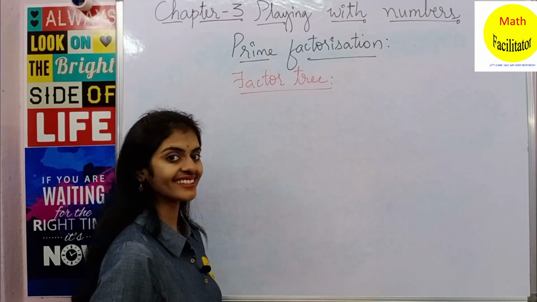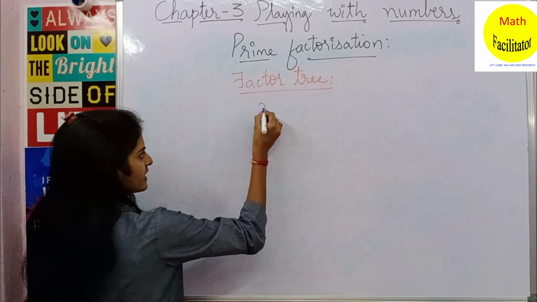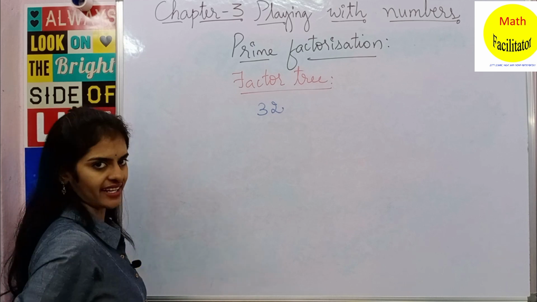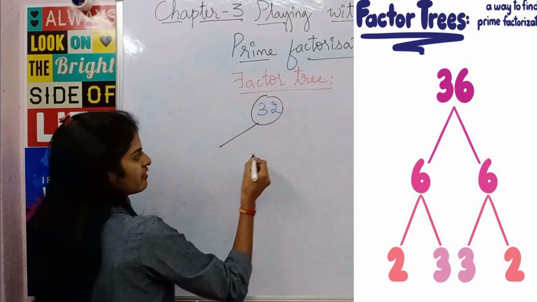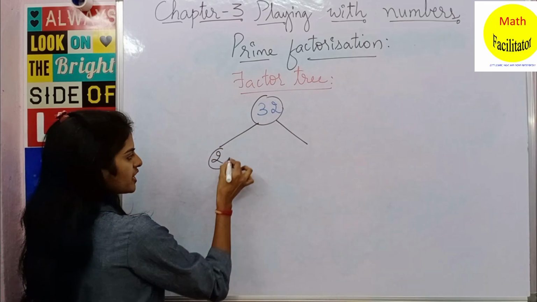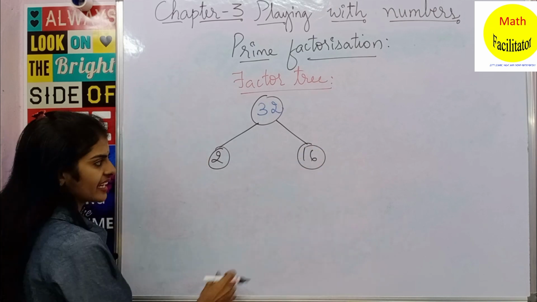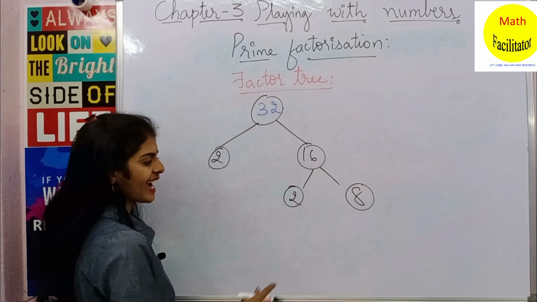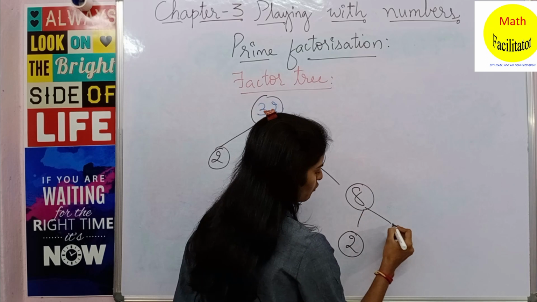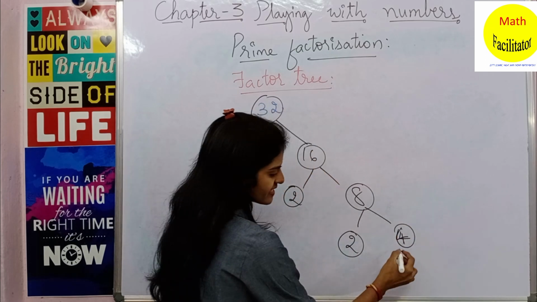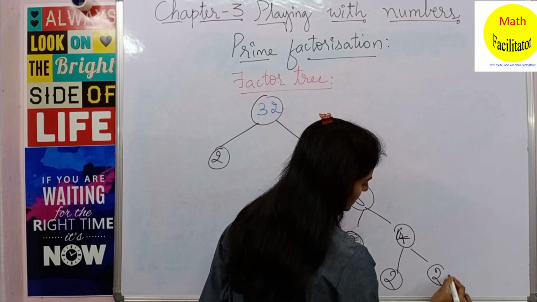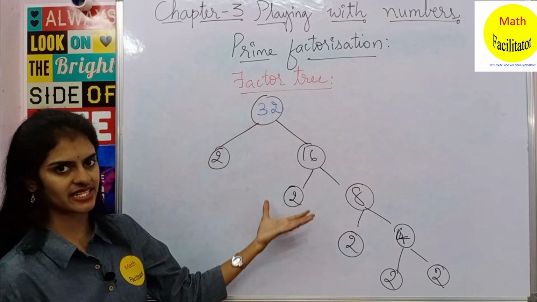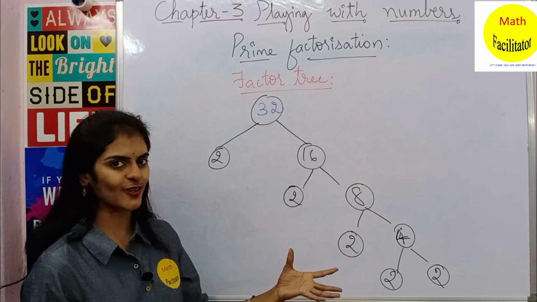Now let us see what is a factor tree. So let us take the previous example only, 32. This particular number 32 I have to write into factors. So I am writing 32 into factors. You can write 32 as 2 into 16. Again the 16 you can split as 2 into 8. Again 8 you can split as 2 into 4. 4 can again be split as 2 into 2. So a factor tree is nothing but the factors represented as branches of this particular number. This looks like a tree, so it is called a factor tree.